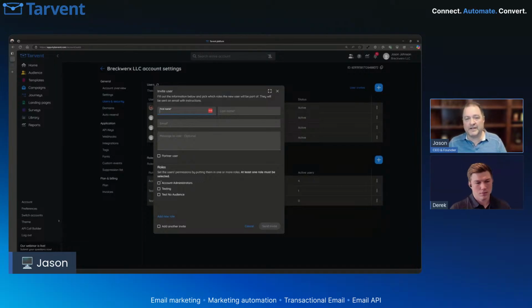So if you're worried about security and privacy and data protection and all those different things, this helps you identify which users have access to your account that are not employees of your company. So they could be an ad agency or marketing firm or a consultant or what have you. And so that's what this does, is just lets you see who's an employee versus a partner that is working with you, so you can control access to your data that way.